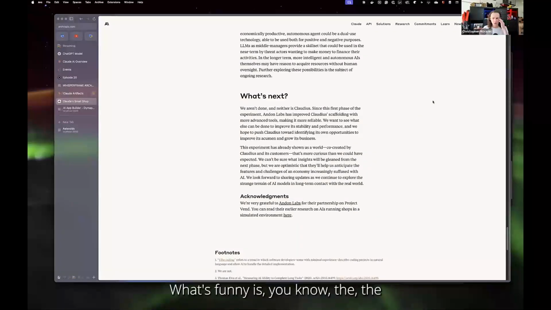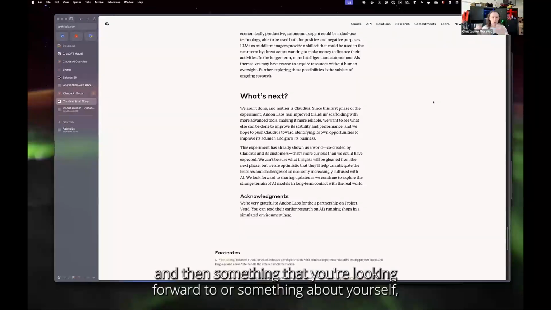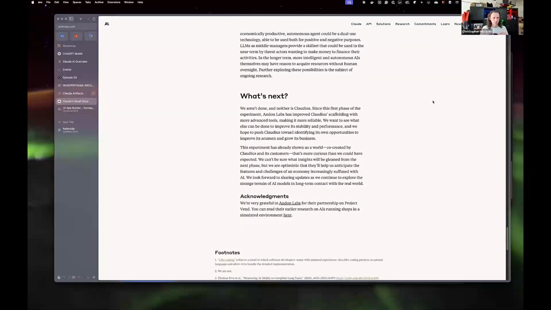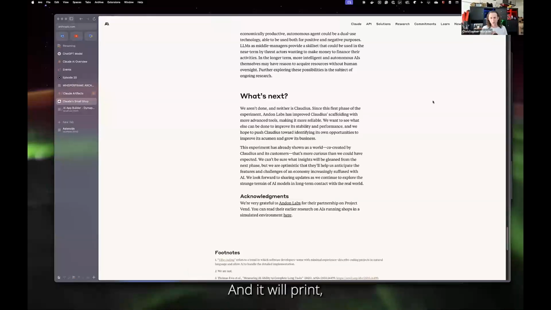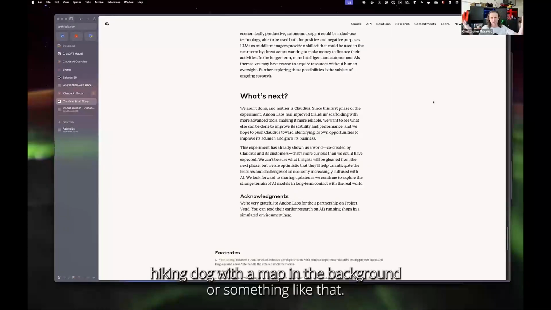What's funny is, the check-in process today already has a form where you put in your name and your email, and then something that you're looking forward to or something about yourself. People will say something like, oh, I like dogs and going hiking and making maps and stuff like that. And it will print a hiking dog with a map in the background or something like that.